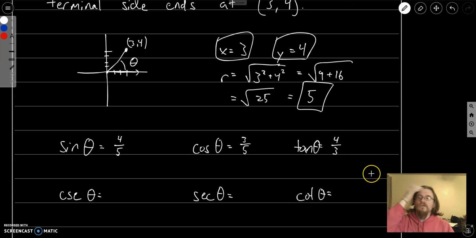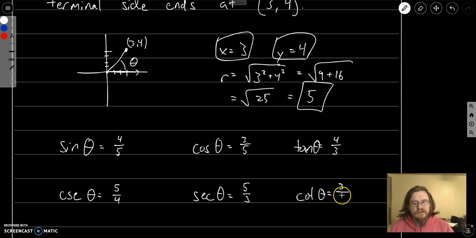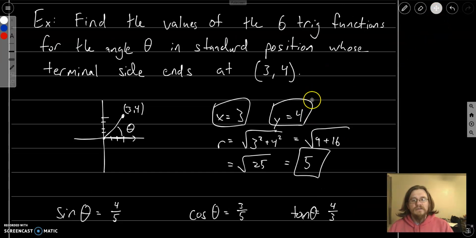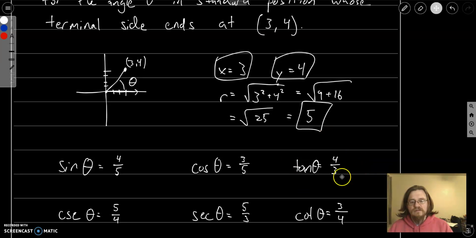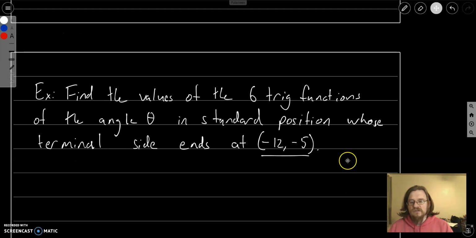Cool. So we have all this, and then the cosecant, secant, and cotangent. The reason I have these in this order is because this makes finding these values really simple. They're just the reciprocals. So we just flip over each of these fractions and we get the other one. So given an angle in standard position, we can calculate the trig functions for that. So let's do